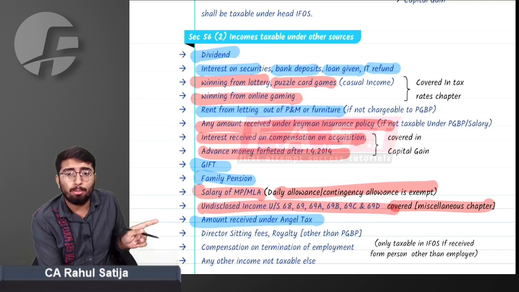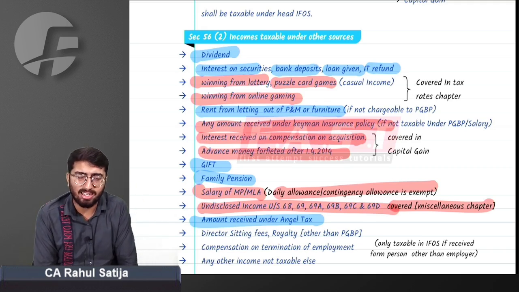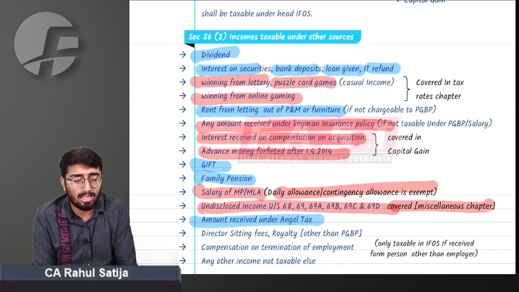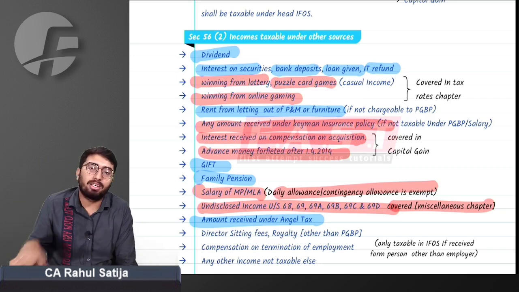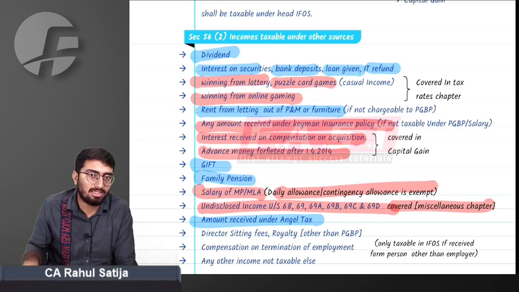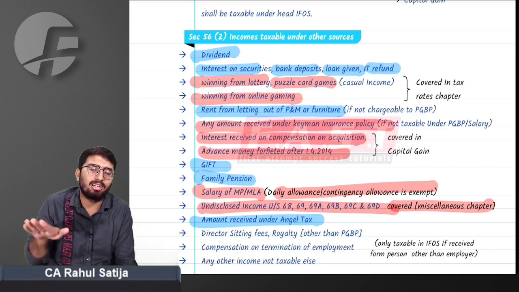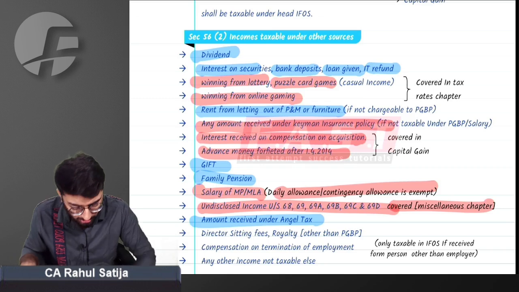Sir, although this topic is being removed with effect from next financial year, in the next Finance Act, for your exam it is equally relevant because the Finance Act applicable for your exam still has this topic in it. ICAI has not changed this topic. Therefore, you have to study this angel tax for your attempt. You cannot consider leaving this topic. This is really very important.